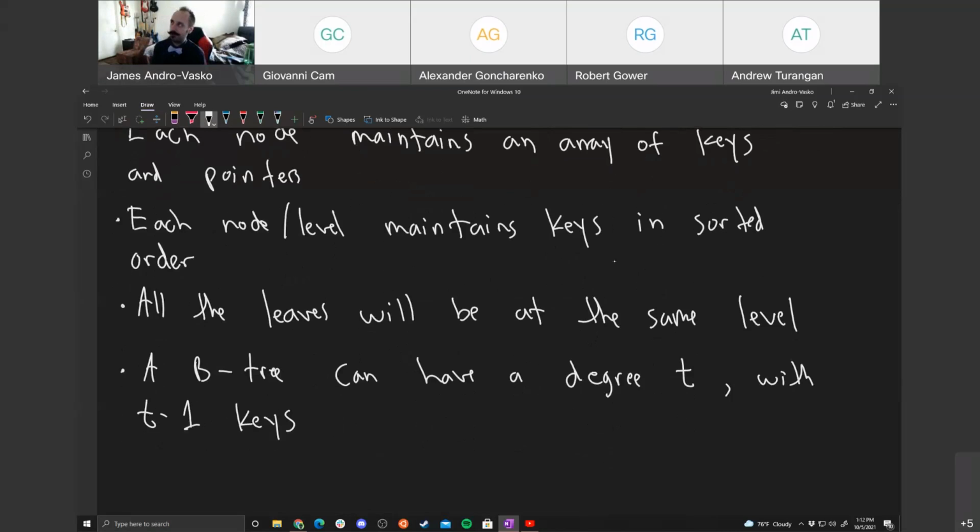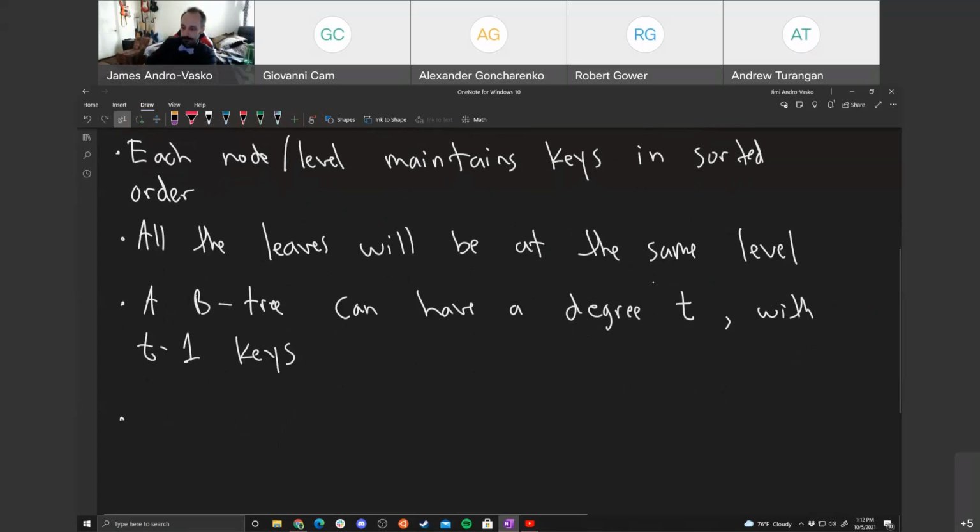Or I'm not sure, I forgot if in the book they use T for number of keys, then you have T plus 1 pointers, or if you have a degree T and T minus 1 keys. But the idea is that we're going to have several pointers and T minus 1 number of keys. So you have one less key than pointers essentially. So now the most basic B tree we're going to go over,